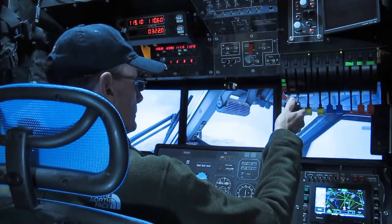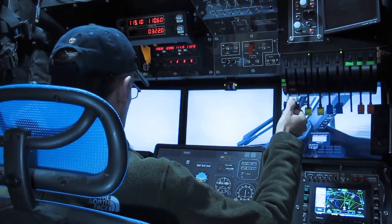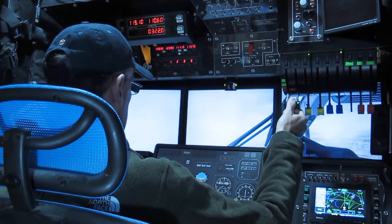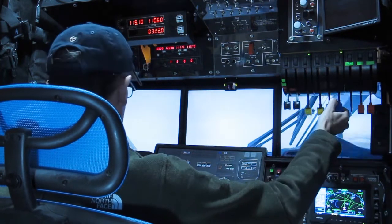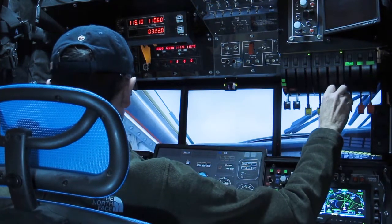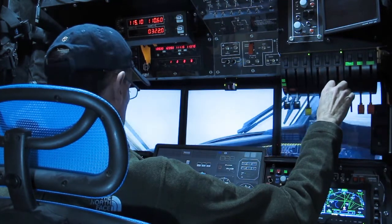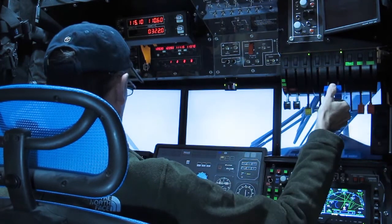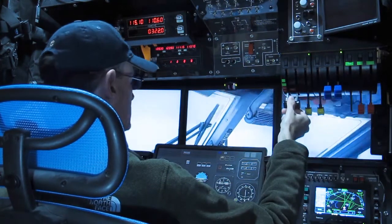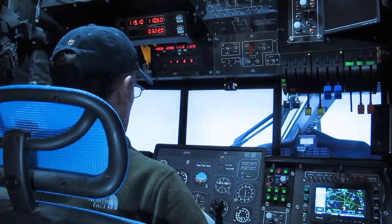Let's just set up the cruise, come back on the power. We don't want to be going too fast. So we're established at 4,000 feet. We can set the props. That'll do for now. Now we're on that easterly heading towards the Biggin VOR. That's on the Biggin Hill airfield,